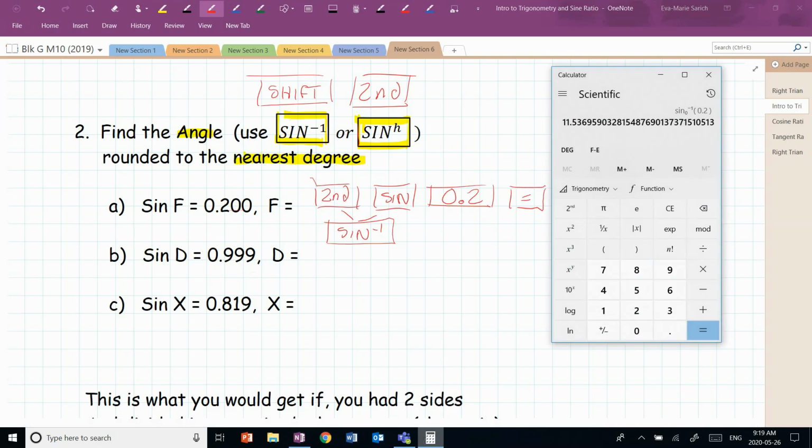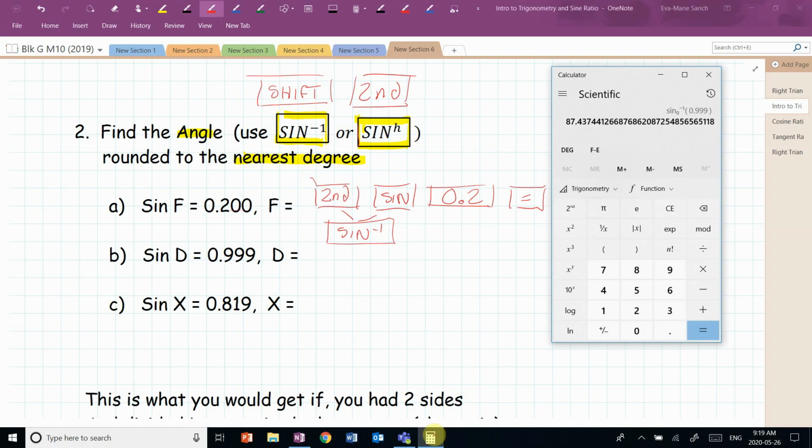So, taking your calculator, clear it. You're going to need to either press the second function first and then sine and then the decimal, or you're going to push the decimal in first and then the second function and sine, okay? So for me, I'm doing the decimal first, so it's going to be 0.999. There's our decimal. And now we need the second function, so I'm pressing second, and then the inverse of sine, and it gives me